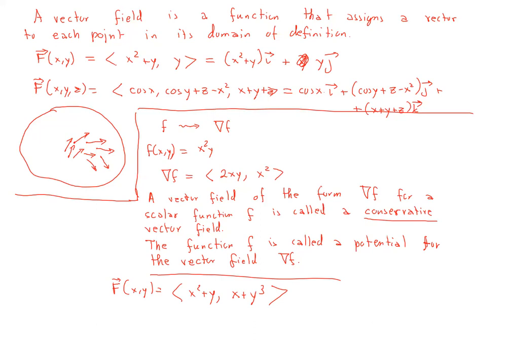So let me actually put some other exponents here, because with the one that I just wrote without the exponents, my point would not be the one that I wanted to make. So if somebody were to tell you that this was conservative, so this is the derivative of a function f with respect to x,